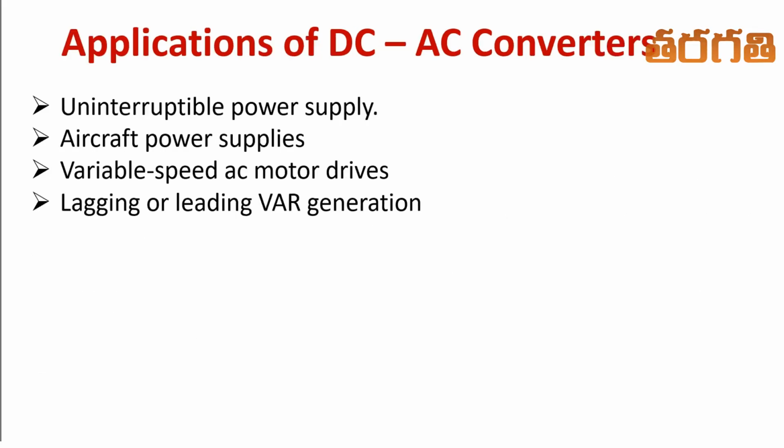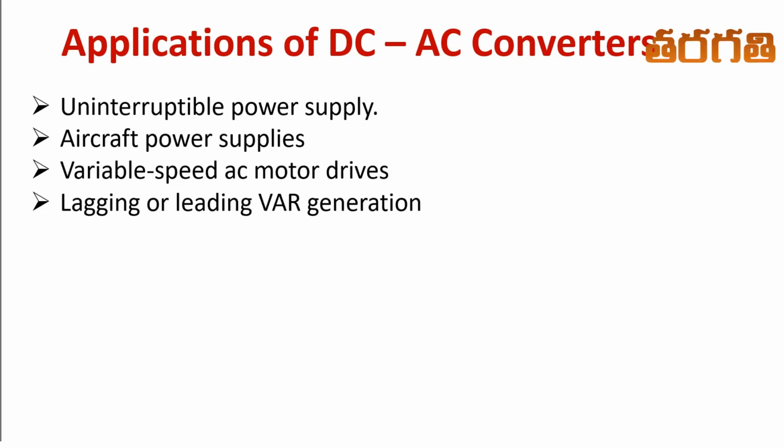So now we see what are the applications of these DC to AC converters, that is inverters. Mainly these inverters are used in uninterruptible power supplies. You have heard the word UPS, uninterruptible power supply. If you have any PC in your house, there you are purchasing a UPS device that can give some backup power whenever the main supply is off. Second one is